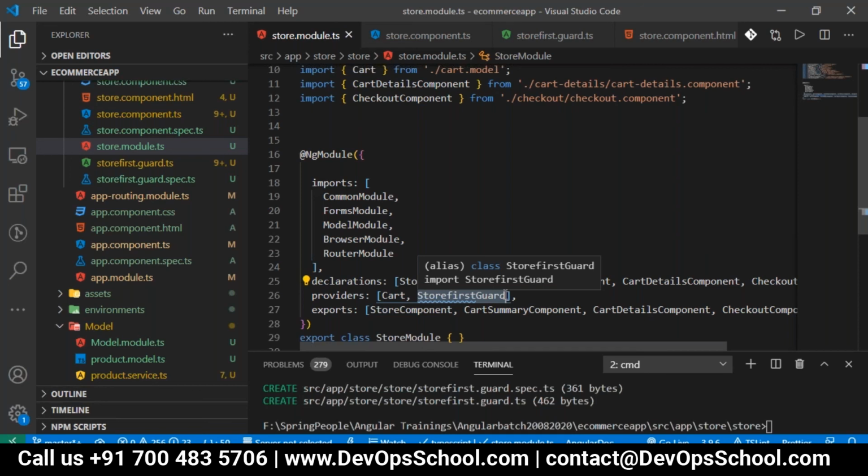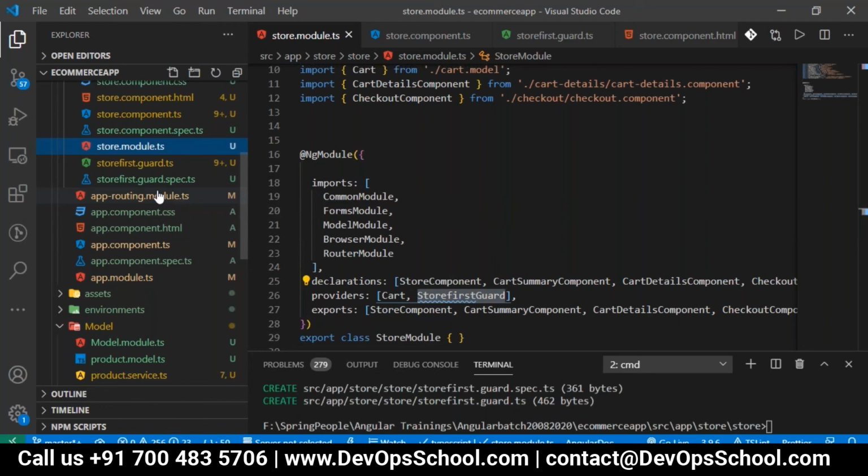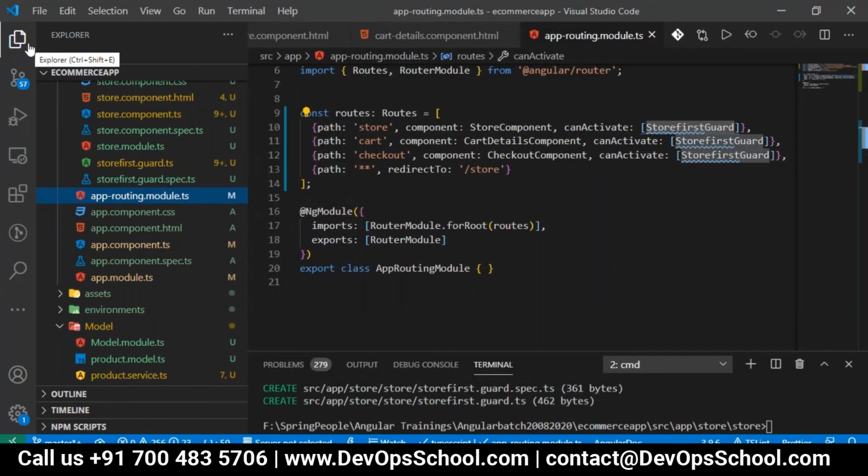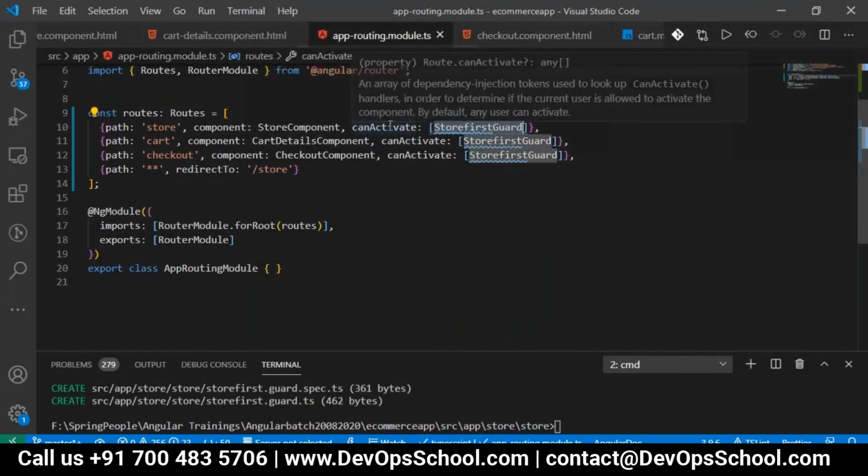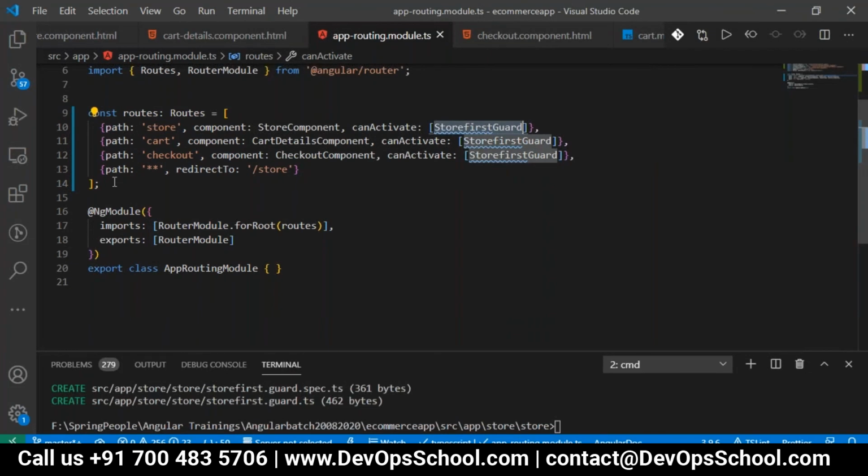Yeah, done. Okay, then go to app routing module TS and you have to write the canActivate store first guard. Or if you want this routing, I can keep it in the chat.